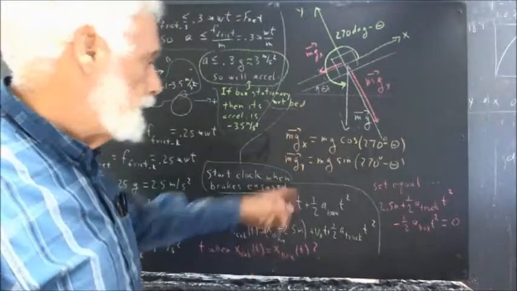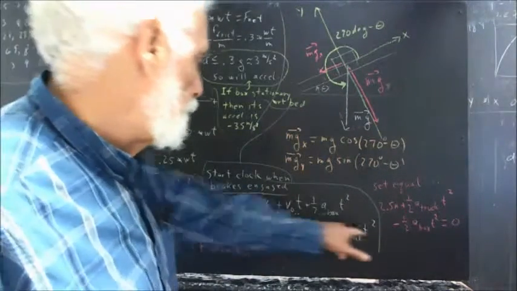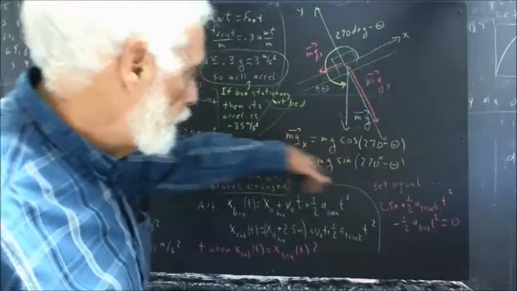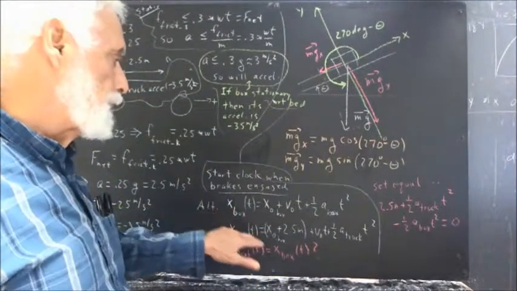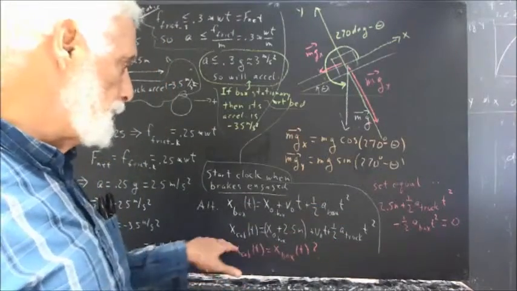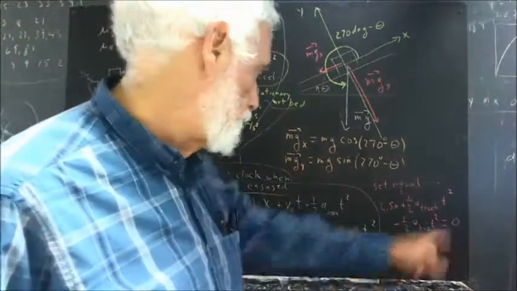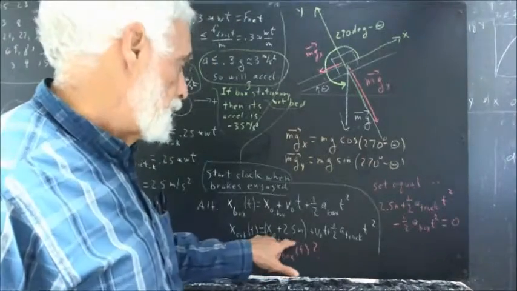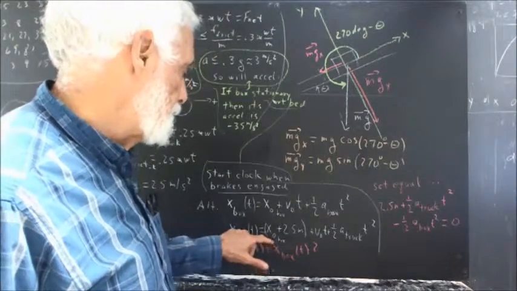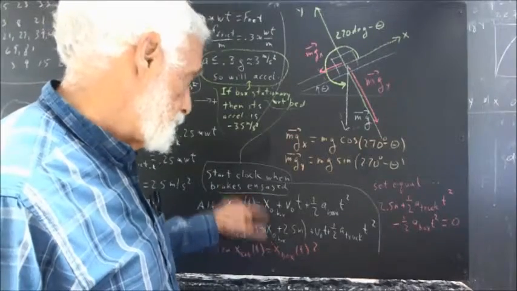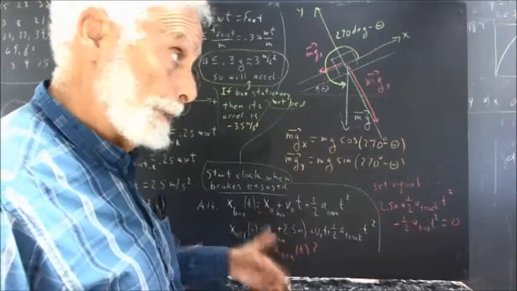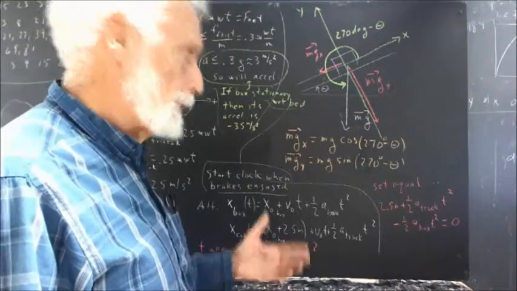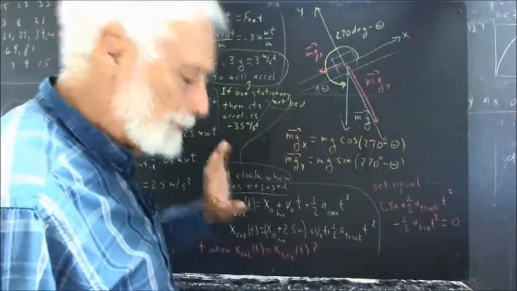Okay, well, if we set these equal, then we have all this equal to all this. Well, let's subtract all this from both sides. Now, I haven't done that, but say we set equal and we subtract the position of the box, the expression for the position of the box, from the position of the cab, and that's going to equal 0. When we subtract, the 2.5 meters will remain, but the initial position of the box will subtract out. The V naught t will subtract out, and so as I mentioned, the initial velocity makes no difference as long as the initial velocity was high enough that the box has time to get to the end of the bed